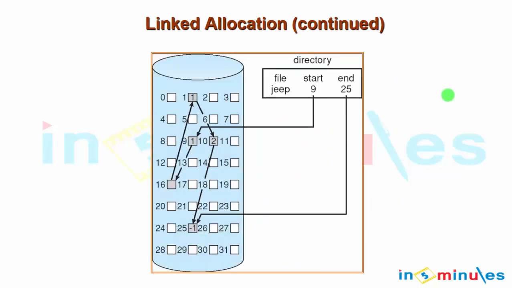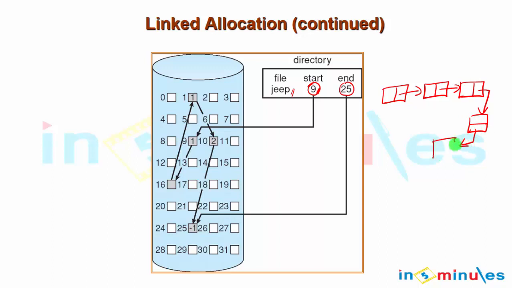In a directory structure we have a file called jeep. This file starts at 9 and ends at 25. So for a linked list example, we know two things: where it is starting and where it is ending. But in this, each item is a node where one node points to the next node in the series. We know start and stop, but the linked list keeps growing so that it can point to some other location. So the phenomenon is fairly simple.